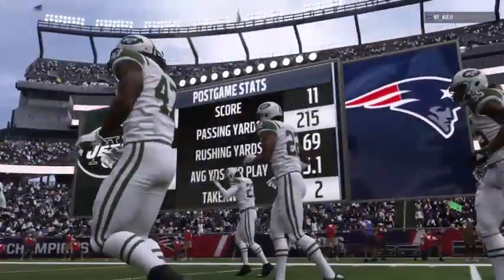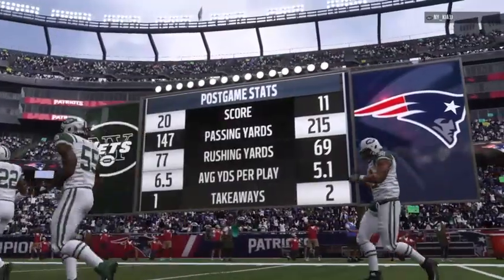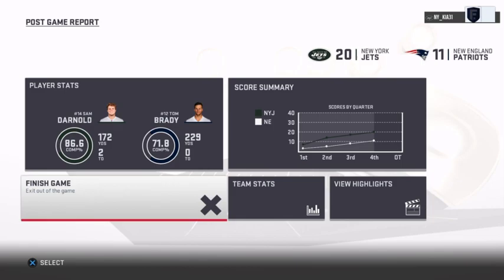So for the Jets, the win is their 8th on the year, and by just about all accounts, not the type of year they were hoping to have. Meanwhile, for New England,